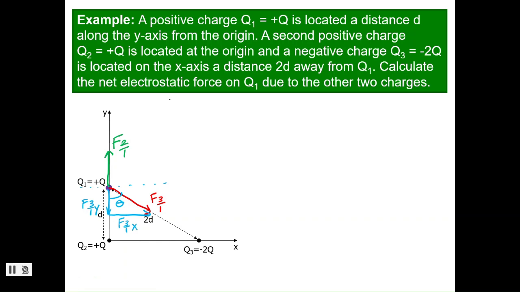So I'm going to write a net force equation for Q1 in the x direction, and that is going to just equal F3 on 1 in the x, because F2 on 1 doesn't have a component there. And then in our y direction, the net force on Q1 is going to be F2 on 1 minus F3 on 1